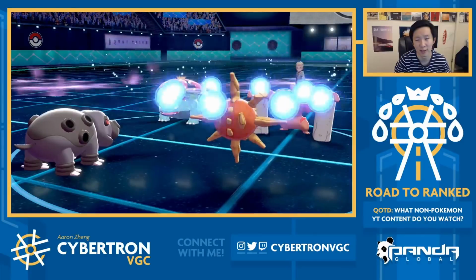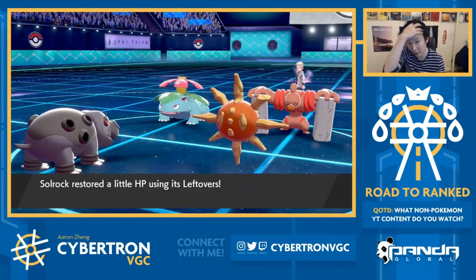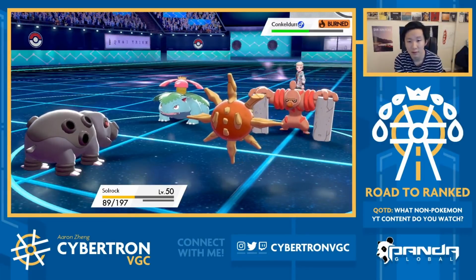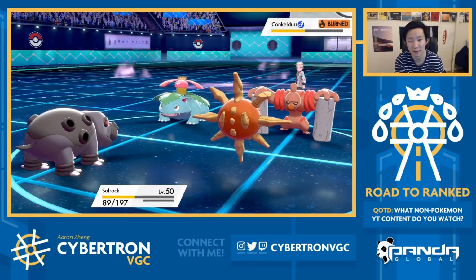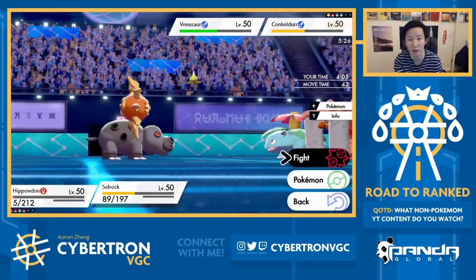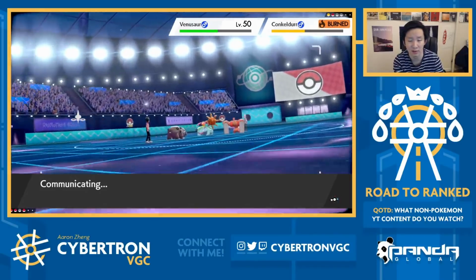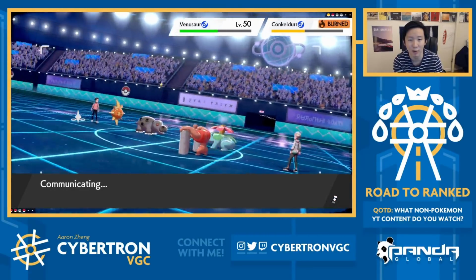So G-Max Wildfire has ended. Now what we do is we protect Solrock. We get the switch into Indeedee, and then we Psych Up. We don't even need to necessarily Psych Up, to be honest. Solrock took away so much, exerted so much pressure here. Yeah, we just EQ Protect. The other reason I wanted to Rock Polish there was because Venusaur can still Sleep Powder us, which could be kind of annoying, but at this point, I think Indeedee...